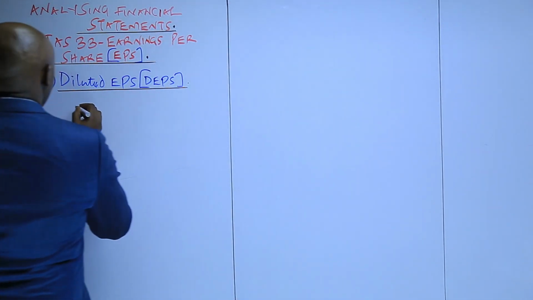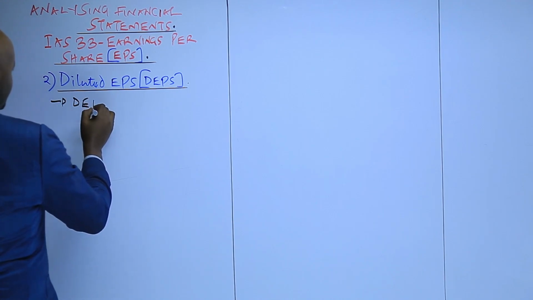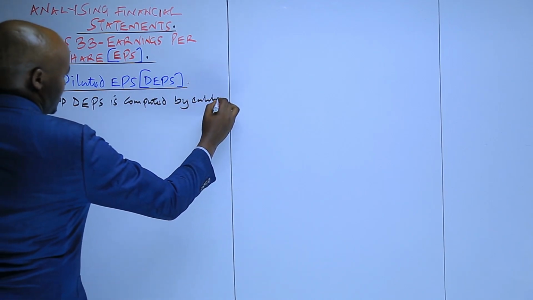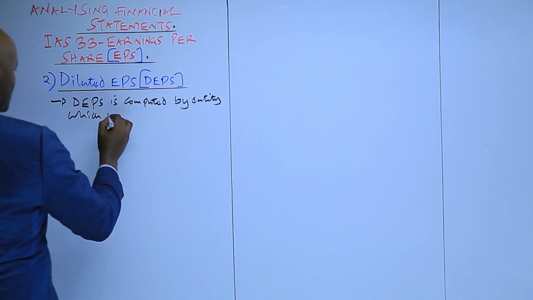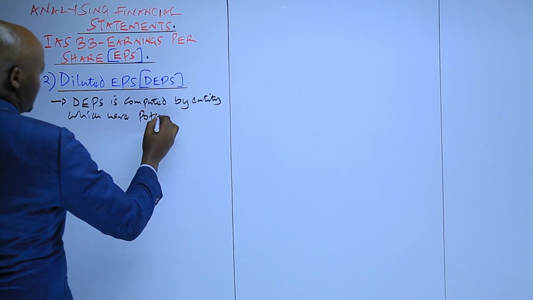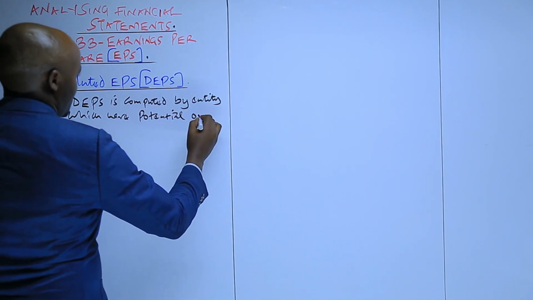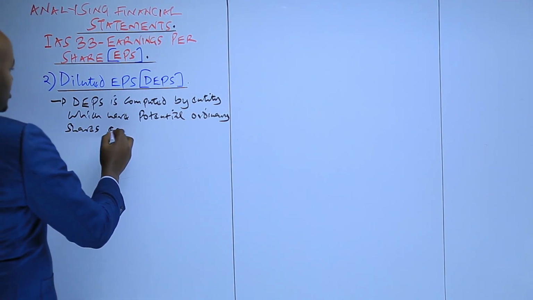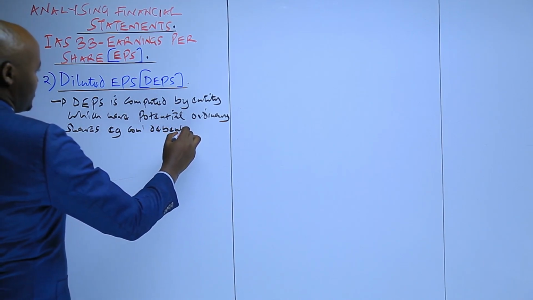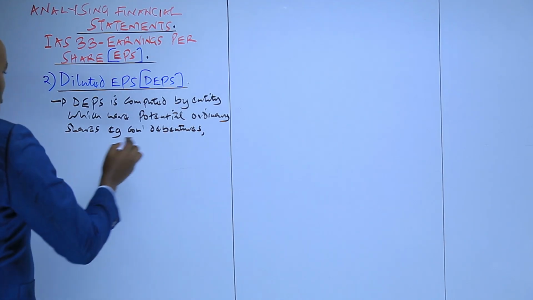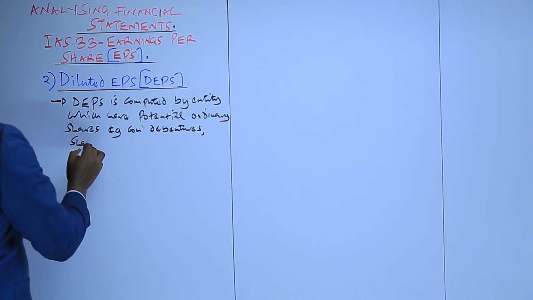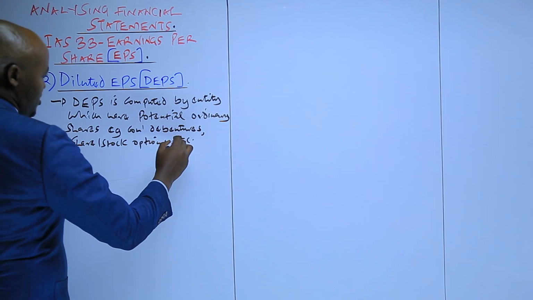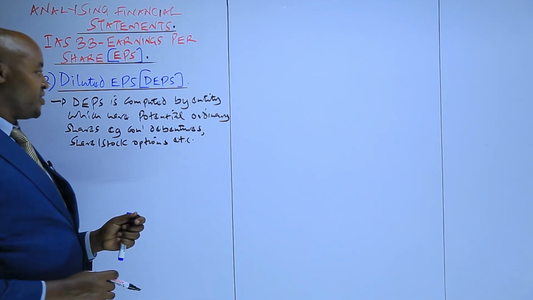So therefore, we can say that DEPS is computed by entities which have potential ordinary shares, e.g. convertible debentures, share or stock options, etc. The reason why these companies are required to compute diluted earnings per share is because